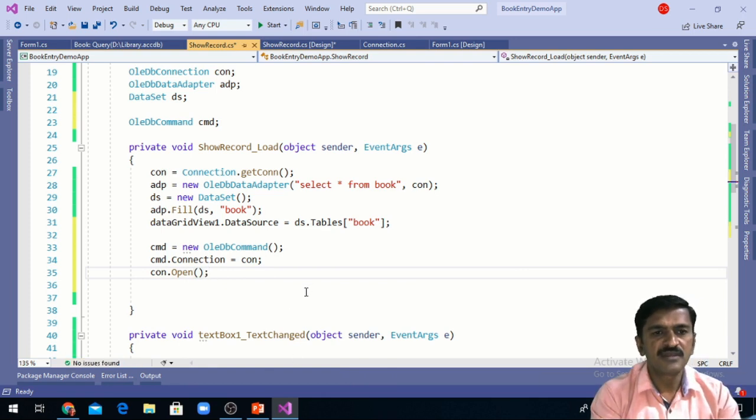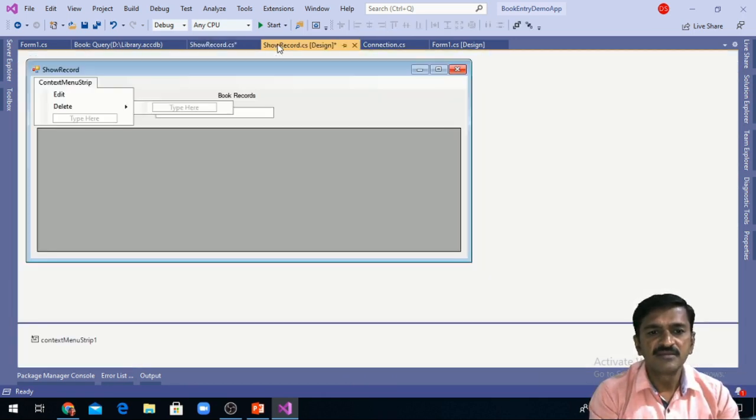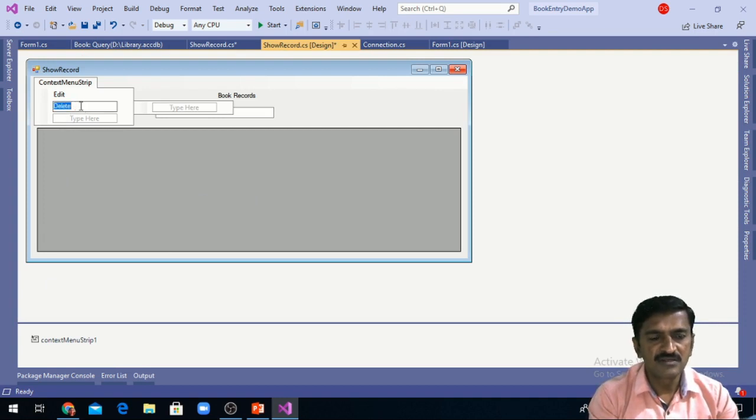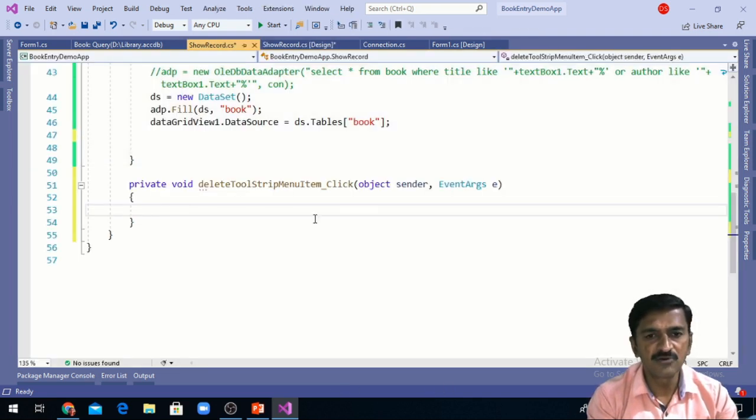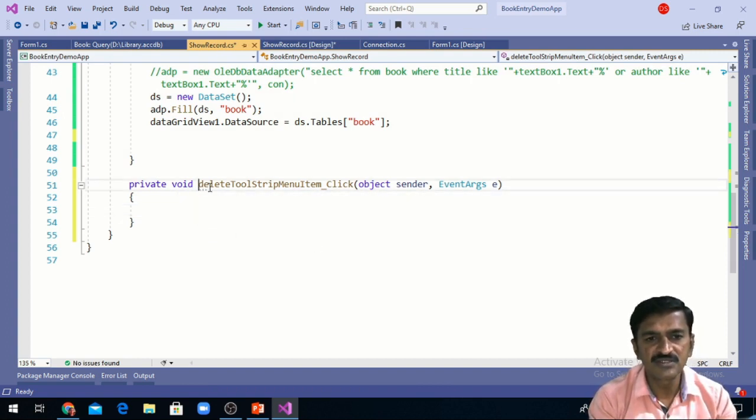After this I can fire the query when the user selects the delete option from the context menu. For this delete menu option, I am going to write the code. So I am double clicking on this delete menu strip item, and I can find the function here, delete tool strip menu item click.